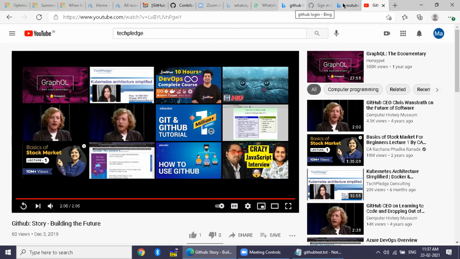Correct. But in a company scenario, generally a developer is not authorized to log into github.com. Because there are hundreds of developers, and in your GitHub there is not only a single project, there are multiple projects going on, right?